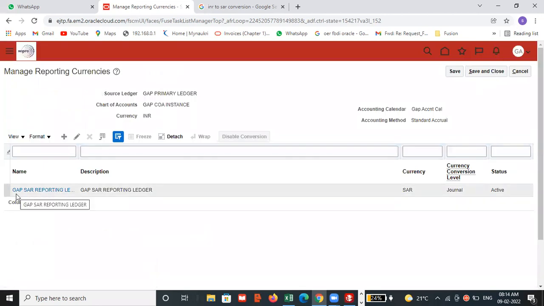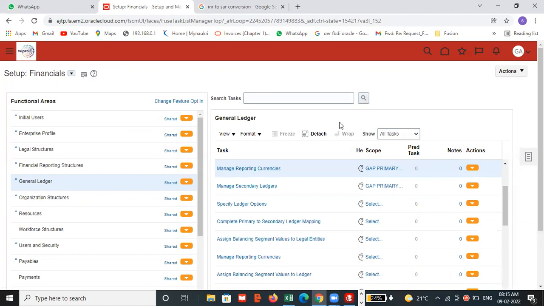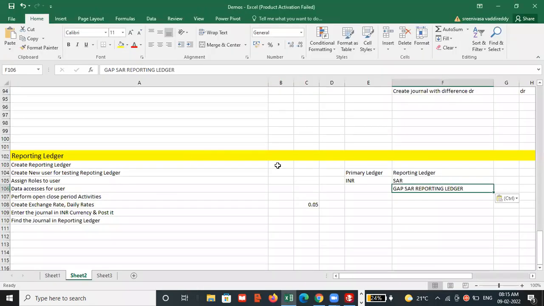So we have created a gap SAR reporting ledger. We mapped it with the primary ledger. Click on save and close. The status is active. Conversion level is journal. Currency is SAR. Click on save and close. So once we have created this ledger,